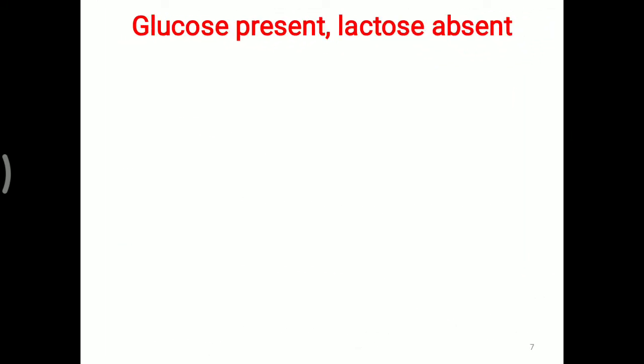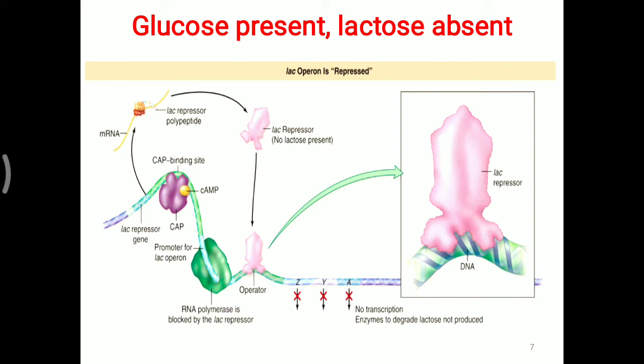Here it is explained in this picture: glucose is present and lactose is absent. During that time, the cell does not produce the lactase enzyme. But why is this lactase enzyme not produced? That is explained by the Lac operon concept. So the Lac operon is in a repressed manner. Basically, we have seen that there are four sites to explain this operon. You have to remember RPOS. R means regulatory site, P means promoter site, O means operator site, and S means the structural gene,